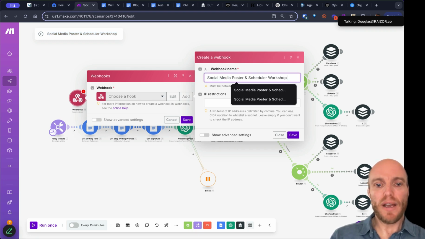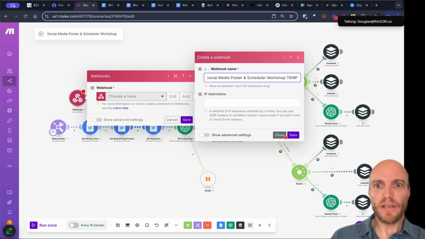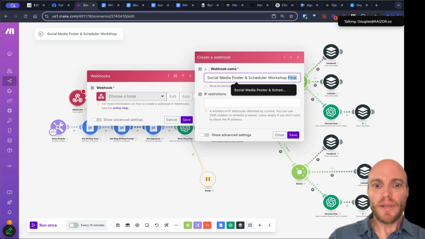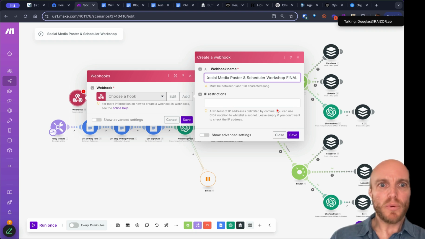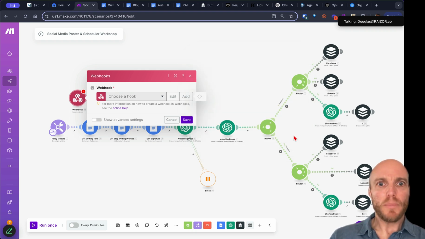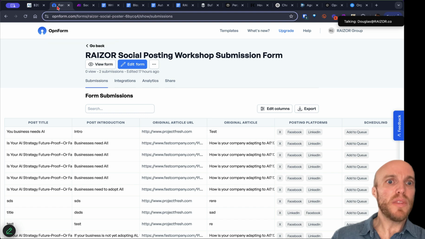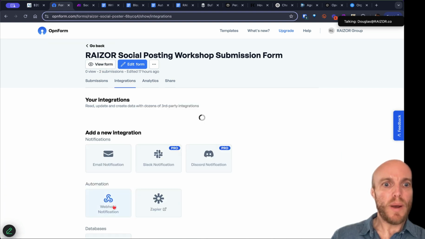So I'll call this the temp one, because I think I already created one. Actually, I'll just call this one final, because I've done this once before, and I want to make sure I know which one I'm using. Boom, save. And look at this, copy address to clipboard. And now I can come into here and say integrations, webhook,